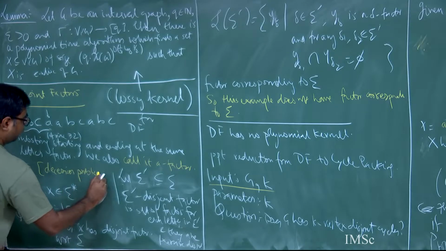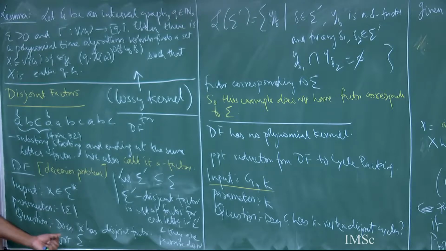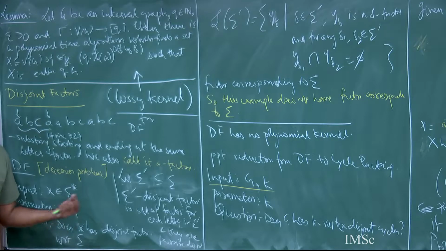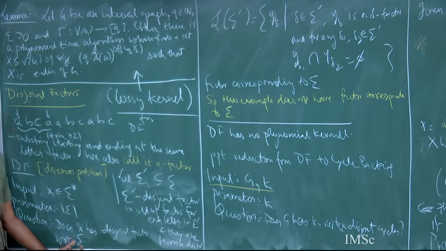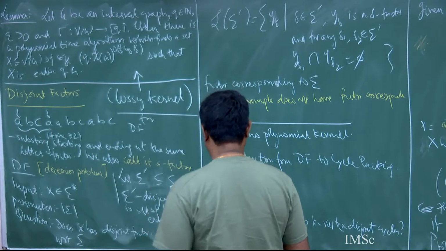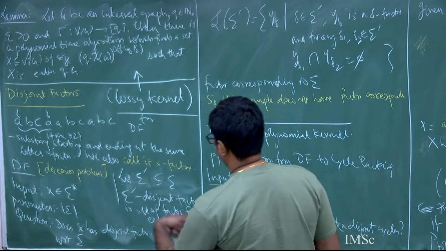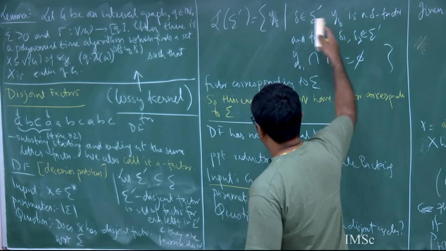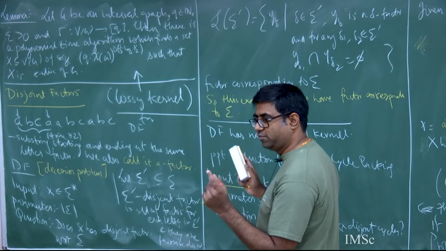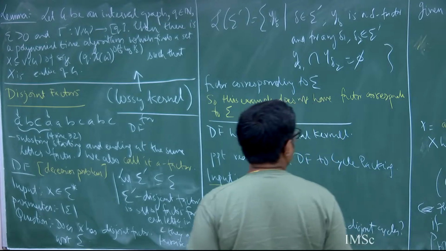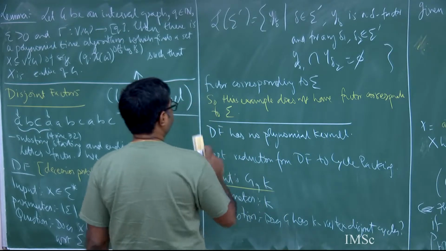So what will be an optimization question? The maximization version of this problem will be, I would like to pack as many letters of sigma as I can, right? For example, satisfiability, what is the optimization version of the question? I want to satisfy as many clauses as possible, right? So similarly here, I would like to pack as many letters of sigma as I can, and again with respect to disjointness. So I would like to find a sigma prime for which I can get a disjoint factor, and I would like the size of sigma prime to be as large as possible. Okay. Now, this leads to, if you recall correctly,